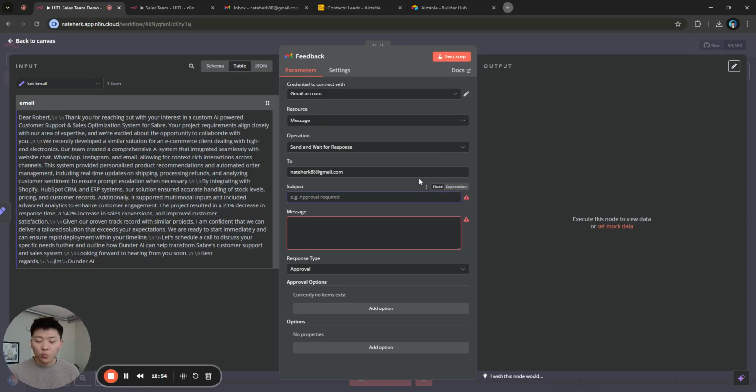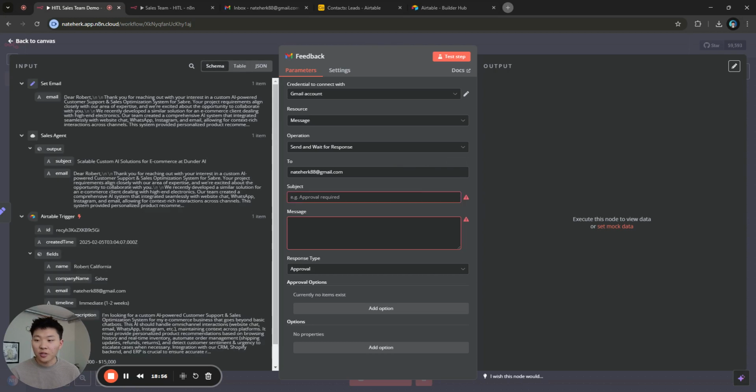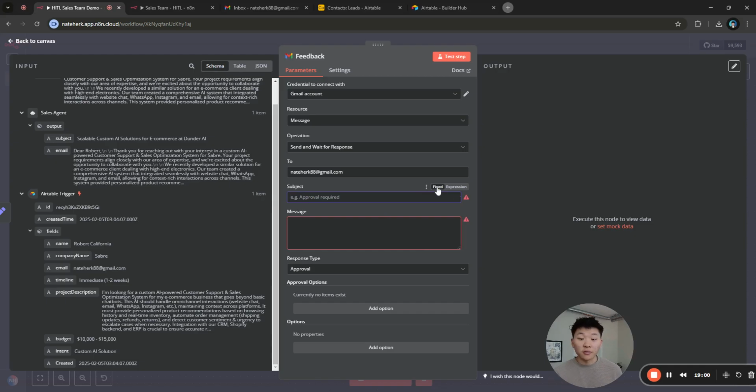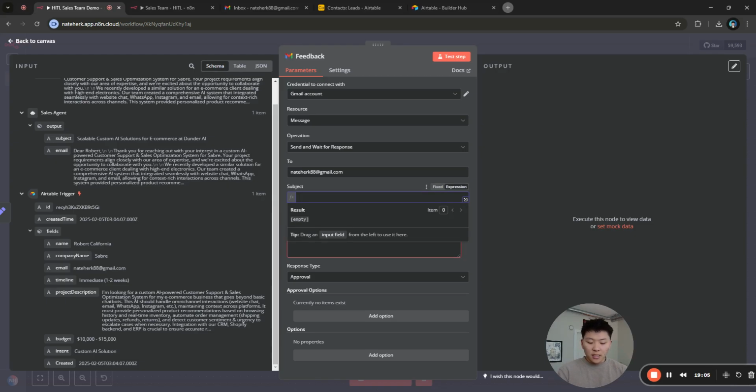The subject, we basically get to set here. So what I'm going to do is change this to schema. We want the subject to change every time based on the lead, right? So what we're going to do is change this to an expression. We are going to say,